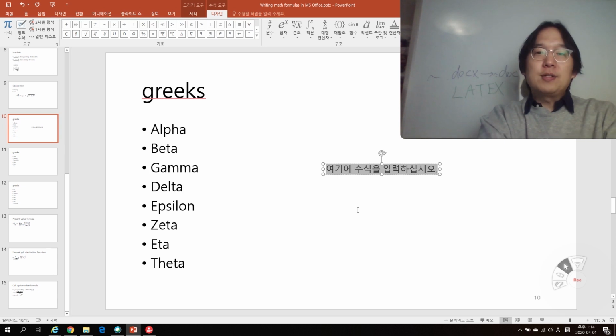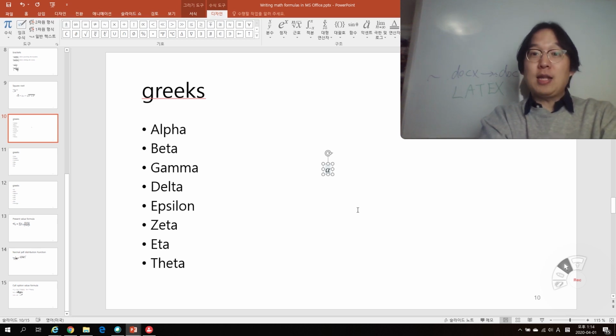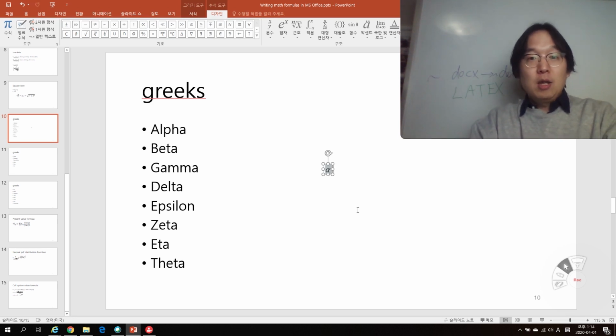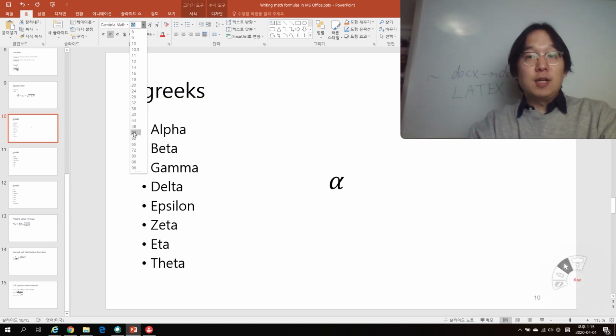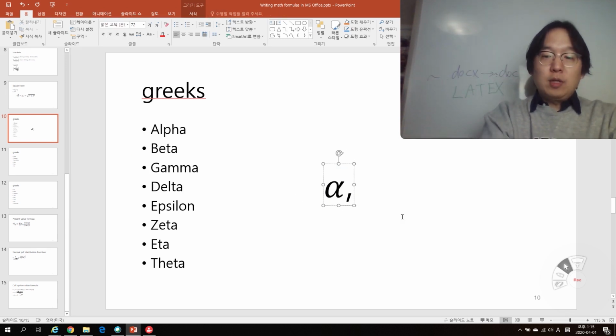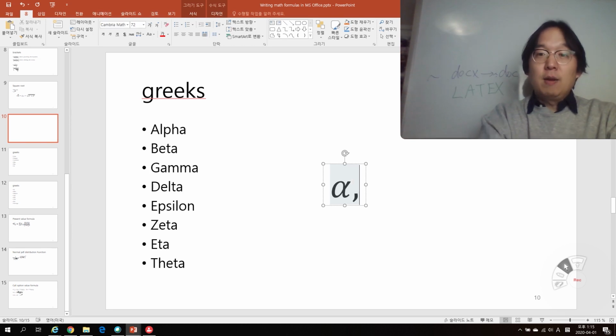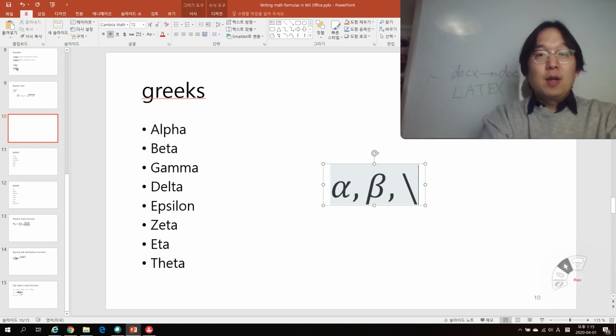All right, so insert math and then backslash alpha. Just to spell it right. Alpha. Oh yeah, that's something you already knew, right? Wait a minute, let me expand the font size so that it will be more visible, to, let's say, 50, 60. Okay, like this. Okay, alpha. And make sure it is shaded. Comma, beta. Comma, gamma. Right? Gamma,